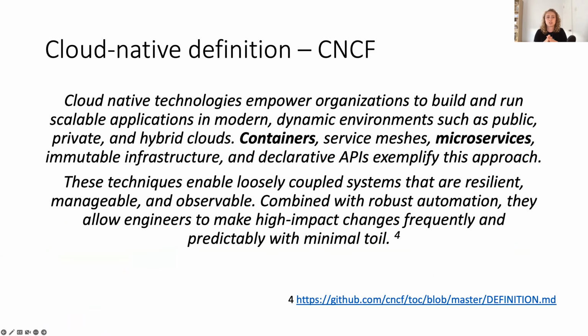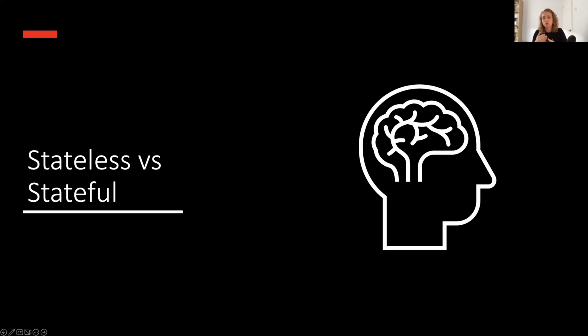So what this suggested to me was actually it might not be the case that we have to have stateless microservices to be cloud native. So if we are going to have state, how do we do that in a cloud native manner? Why might we need to have state? Firstly, what is the difference between a stateless application and a stateful one? So let's focus on that first point, so then we can progress to the next one of why might we need state in cloud native applications, and then to the final point of, okay, if we're going to have state, how do we do that in a cloud native manner?